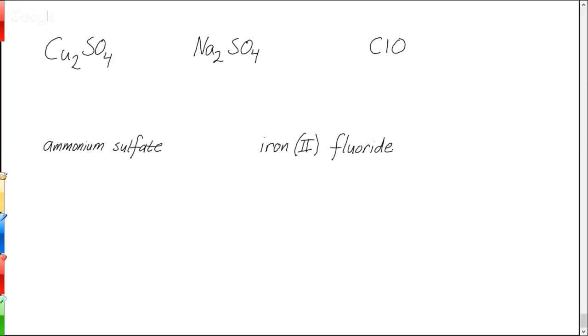Are we going to use the parentheses or not? Yes, because copper is right in the middle, and so we need to say which kind of charge it has. So that much is done. Copper, parentheses, sulfate. Now let's figure out what goes in those parentheses. It says Cu with a subscript 2, so does that mean the 2 goes in the parentheses? No, right, because what goes in the parentheses? The charge. So to figure out the charge here, we look at the sulfate, and we know that sulfate is -2